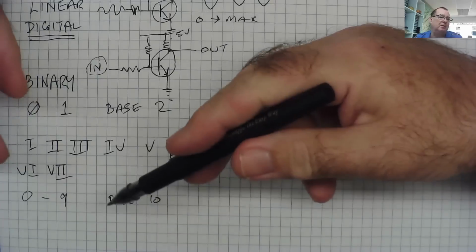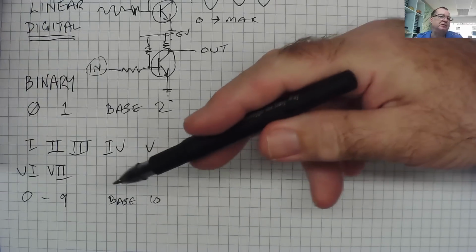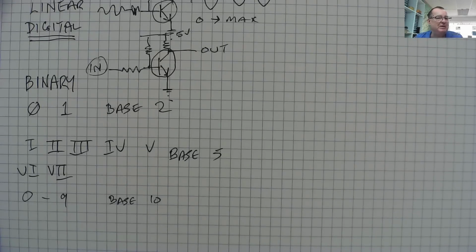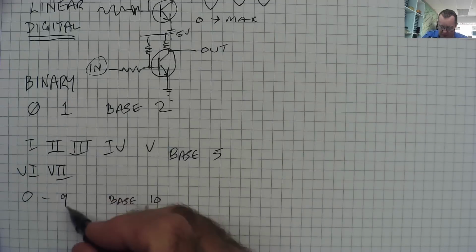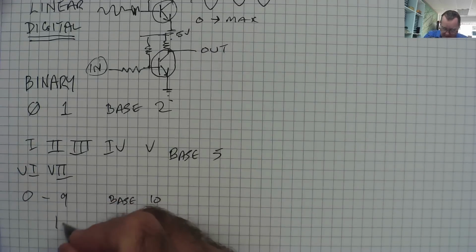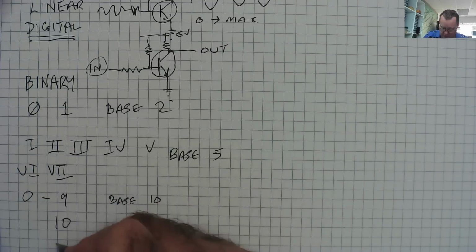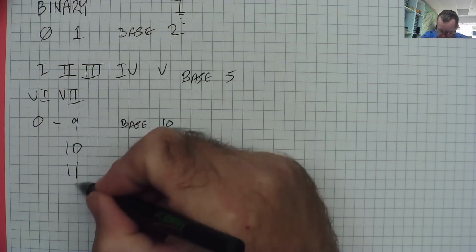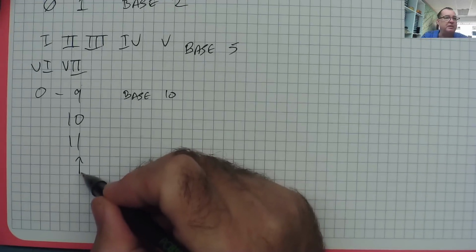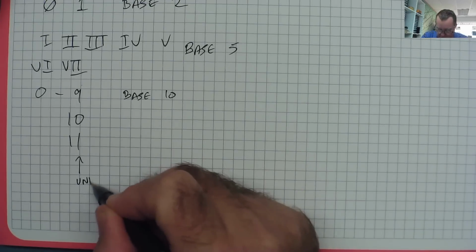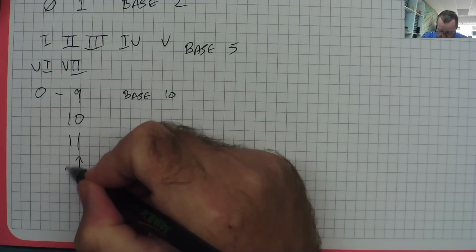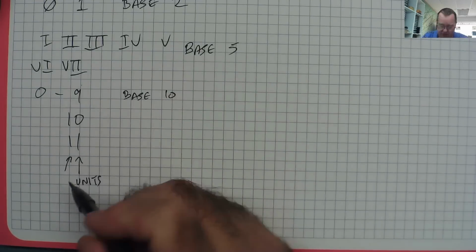Well, I'll ask you the other question. What's the highest number we can count to in decimal? Is it 9? No, it isn't 9, because in decimal, when we get to 9, we then map over to 10 and 11. And what we're really doing, this column, these are your single digits, your units, 1 2 3 4, and this